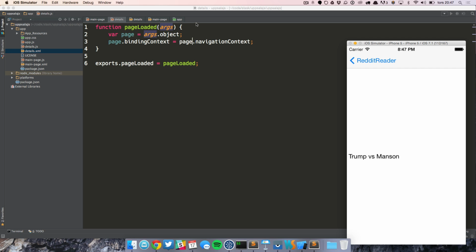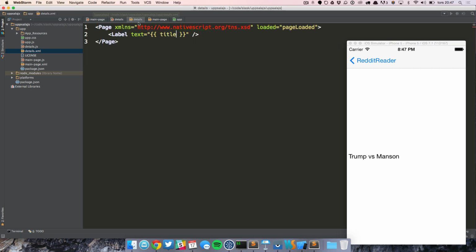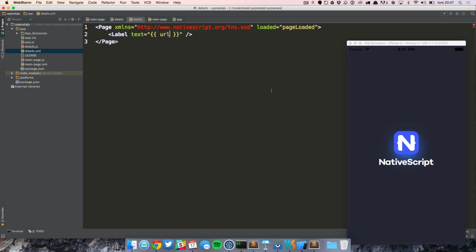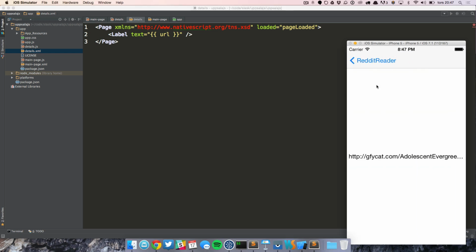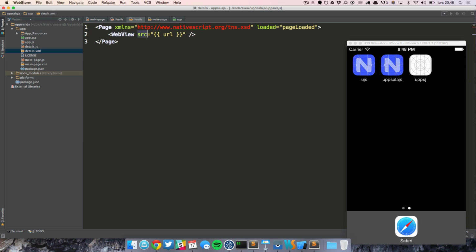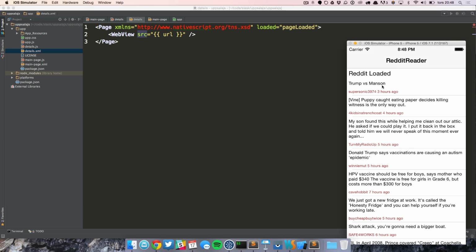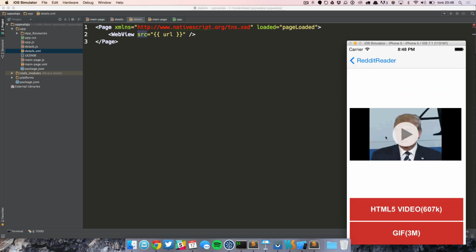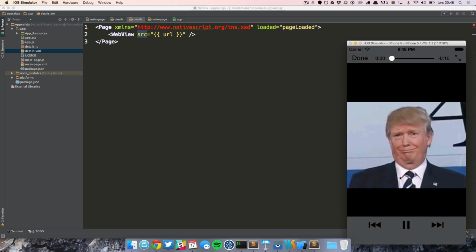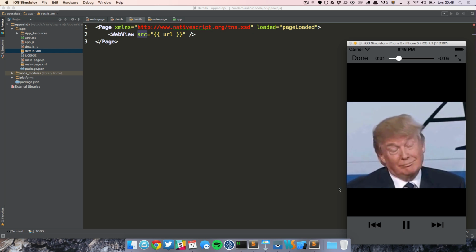All right. So now we get the label here. It's title. We also have the URL, I think. So if we press that, we get the URL to that. If we change this label to, let's say, a web view, which is actually a web view, like in PhoneGap, and change text to source, save, press it, and you can see stuff